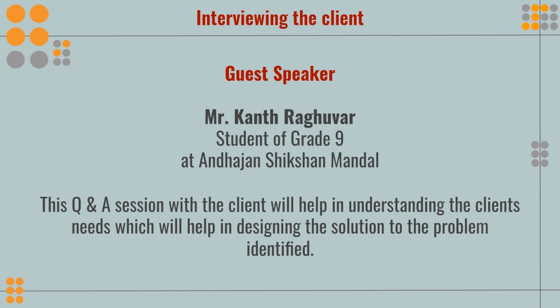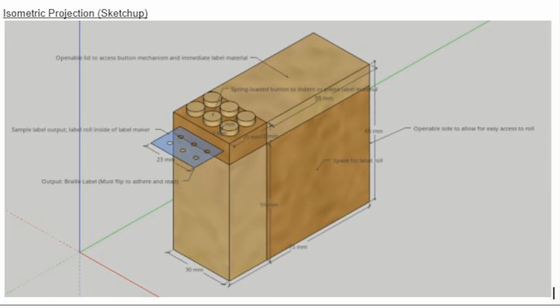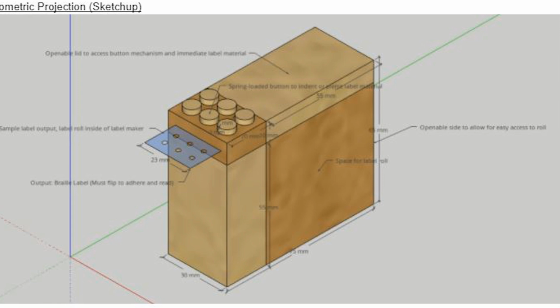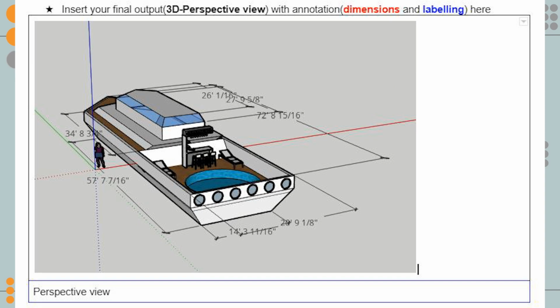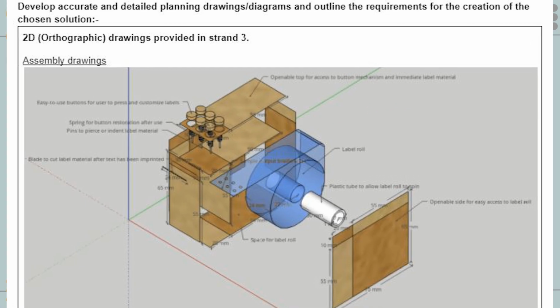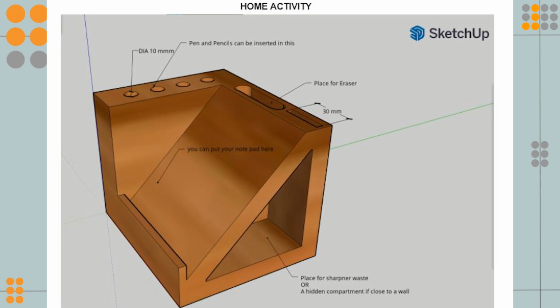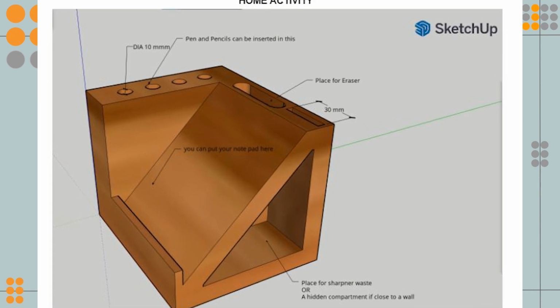The students also got to know more about the client, who was a visually impaired student, about the problems they faced and the need for a solution. Grade 9 students were also taught 2D and 3D online tools to create the solution digitally. Here are a few more products created by the students.